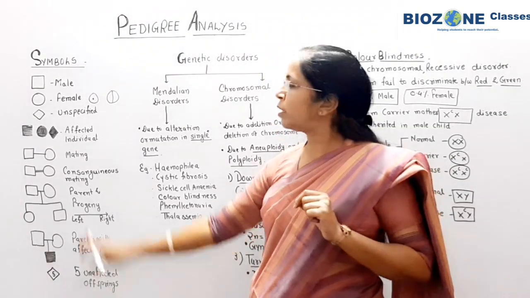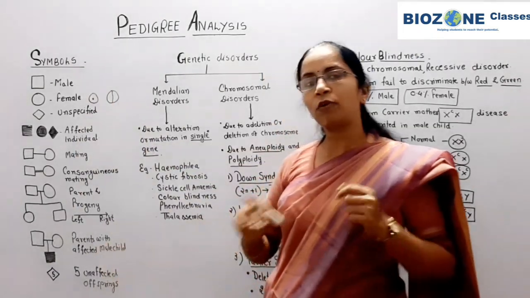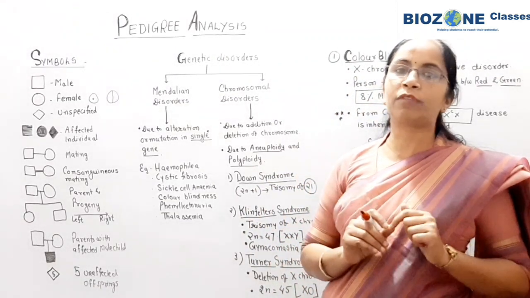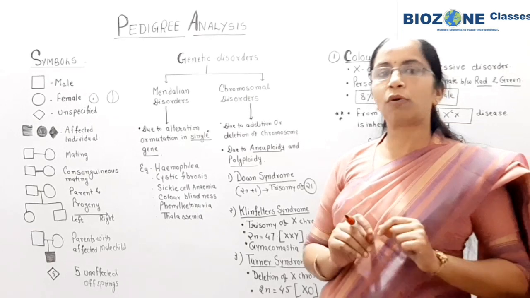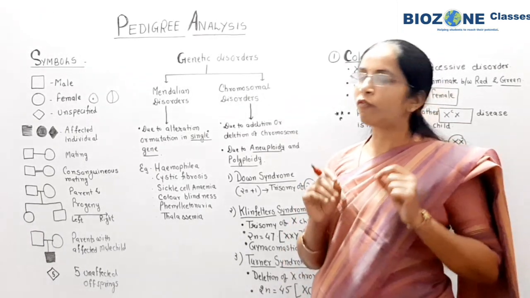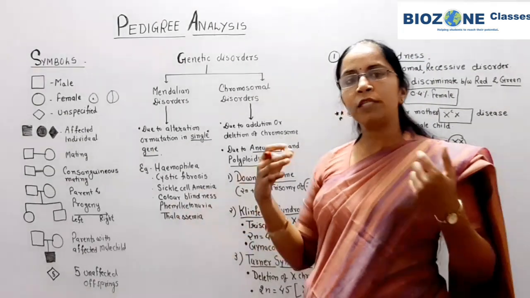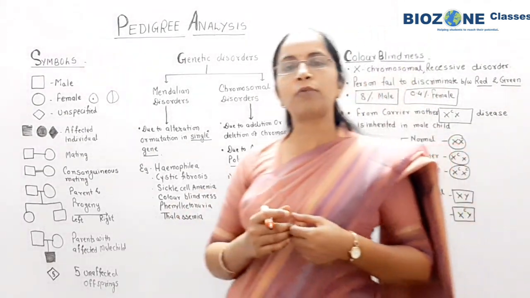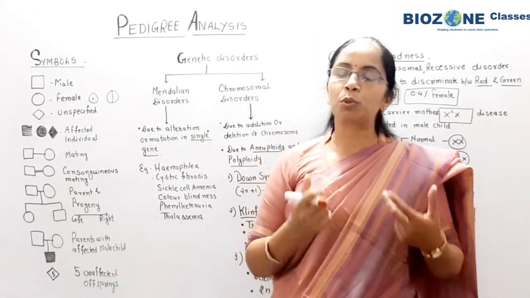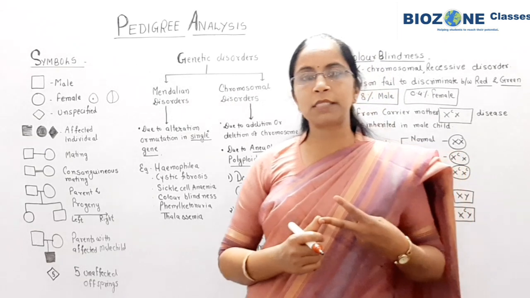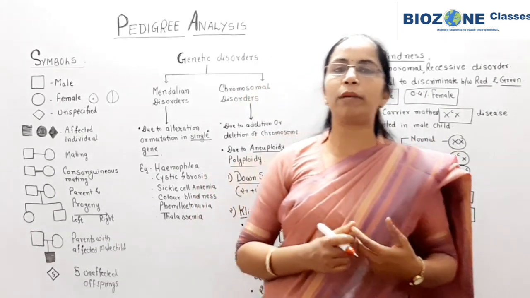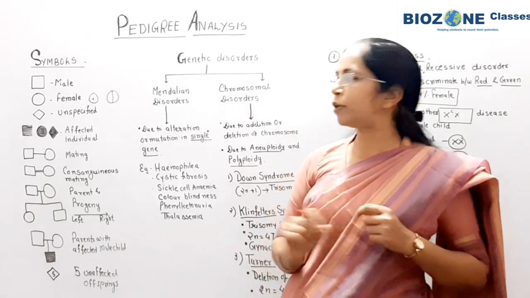So now you are clear about what the symbols are, because if you are clear about the symbols, only then can you understand the pedigree charts, because in most exams, whatever questions are asked are about the pedigree. So for pedigree, remember, one chart is provided and then a question is asked whether the trait is dominant, autosomal recessive, X chromosomal inheritance, and whether it is X chromosomal dominant or recessive. So remember that part.